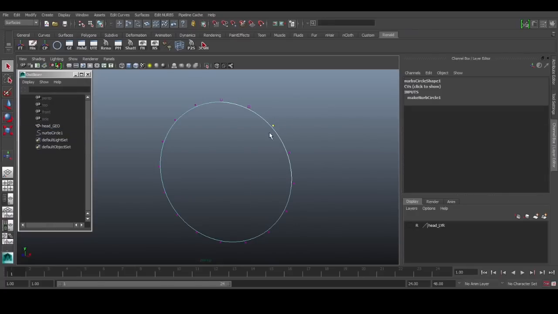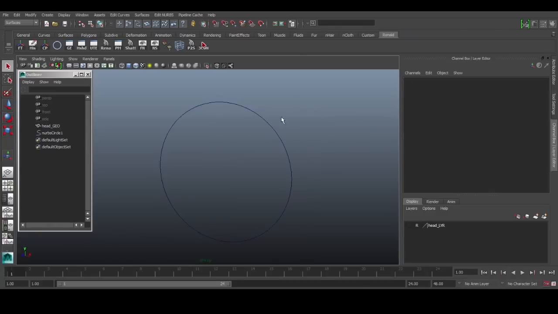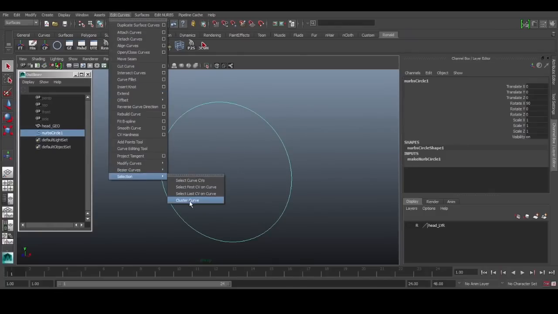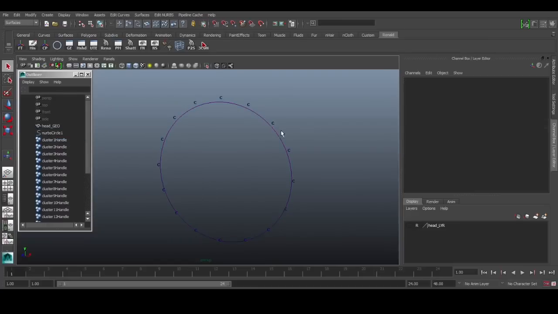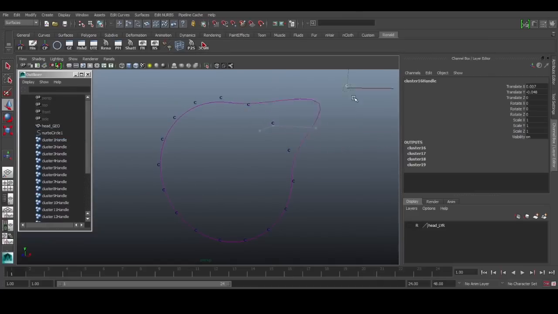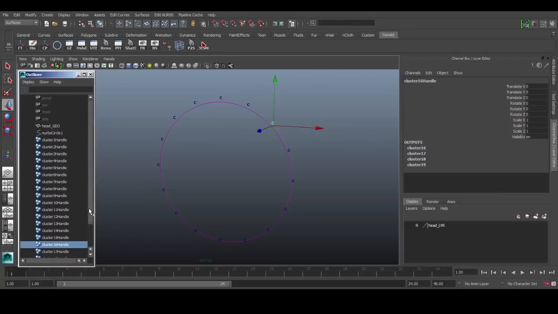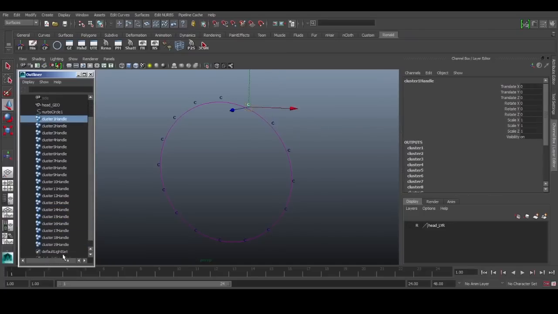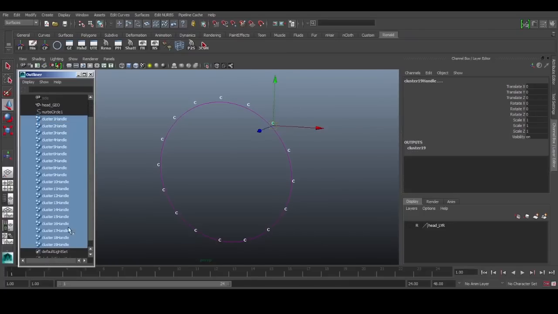What we can do is select this curve and go to Edit Curves, Selection, and cluster the curve, so that we have clusters on each CV and we can use these clusters as our controls. So you see Maya has created many cluster handles, and strangely I have no idea why this happens, but we get 19 controls for 16 CVs.